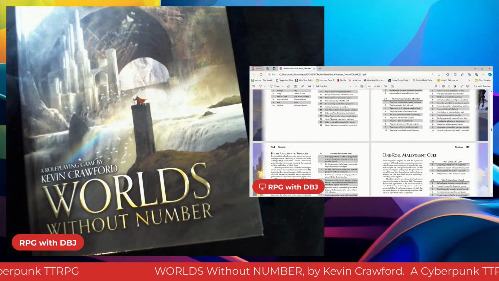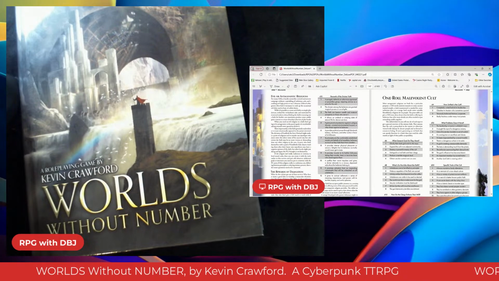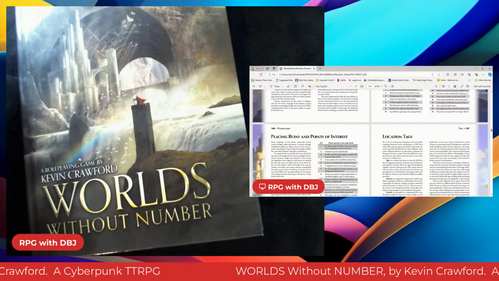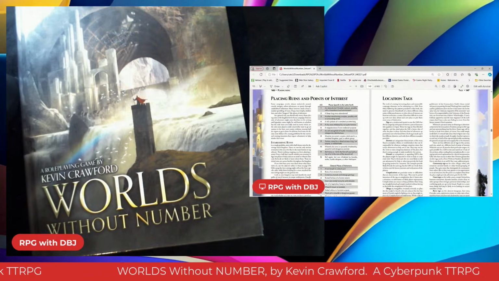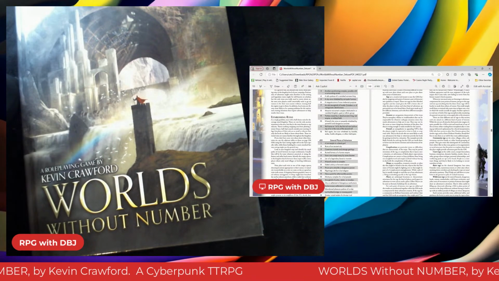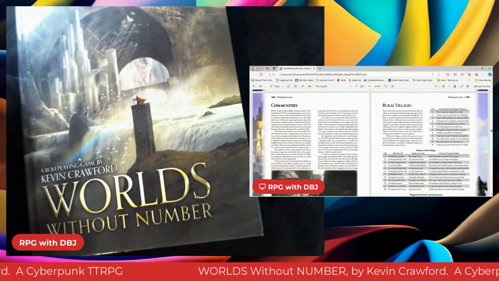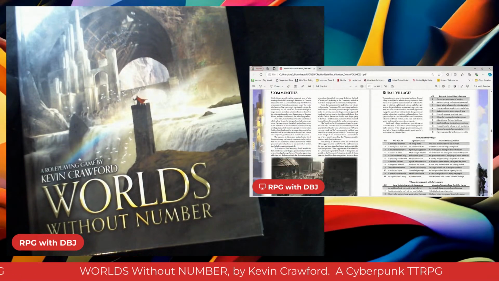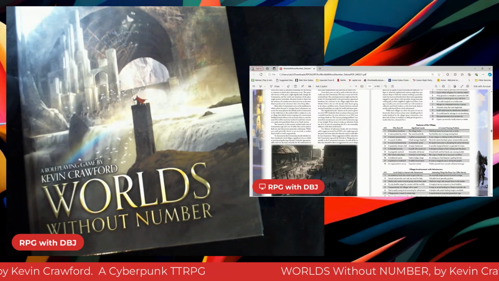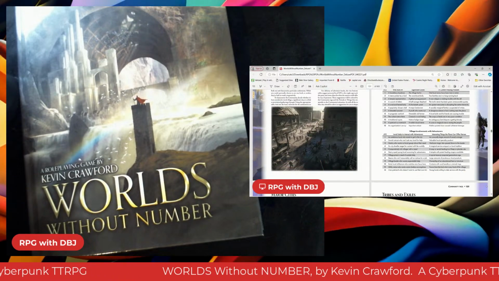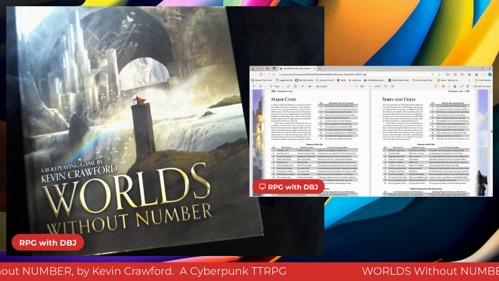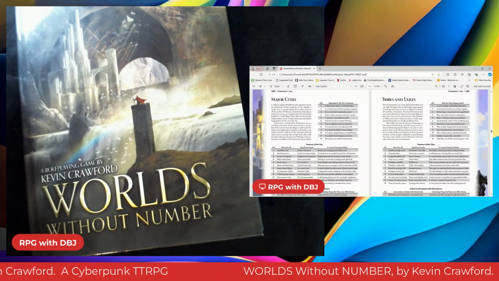Really cool. Got to have yourself some malevolent cults, evil cults, tables for that. Ruins, placing ruins and points of interest and location tags. Gotta have things like that. Rural villages, of course. Always coming across your rural villages as you travel through the uncharted lands. Compound tables so you can mix and match things. Major cities, tribes, and exiles. So major cities, different bits and pieces.